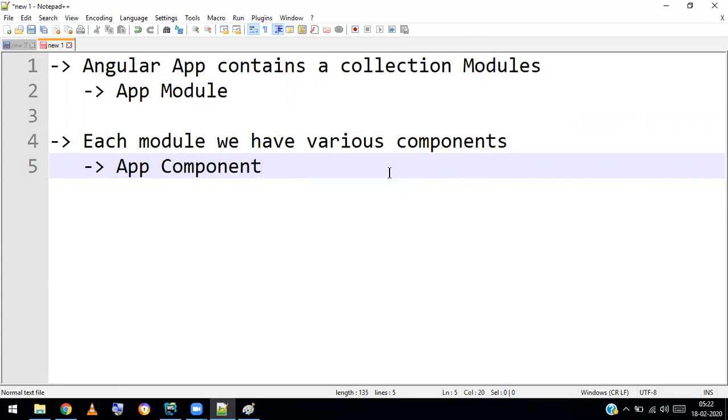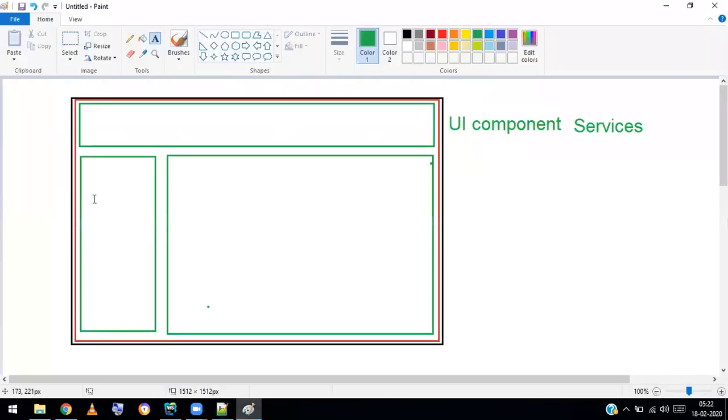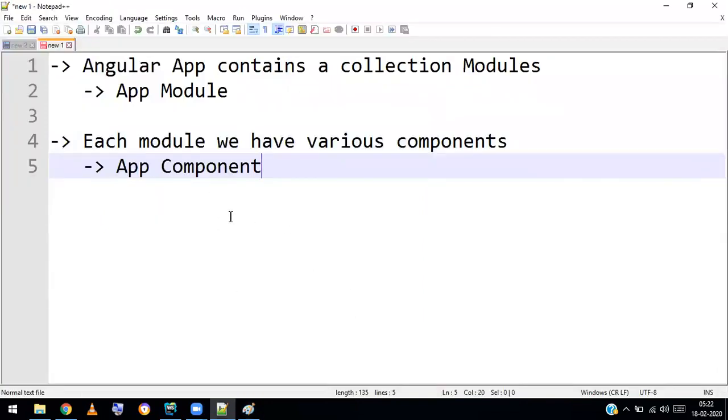Inside it you can create any kind of component, like a navbar component, sidebar component, main content component, and so on. So, app module and app component.